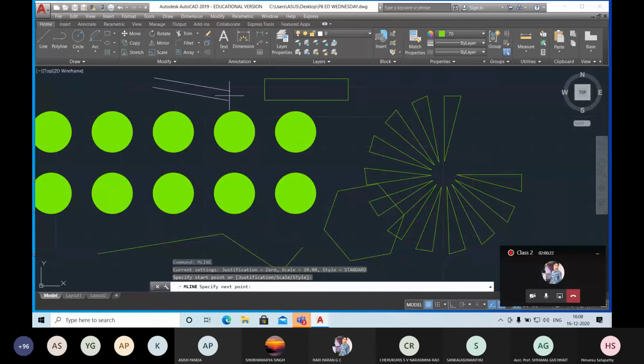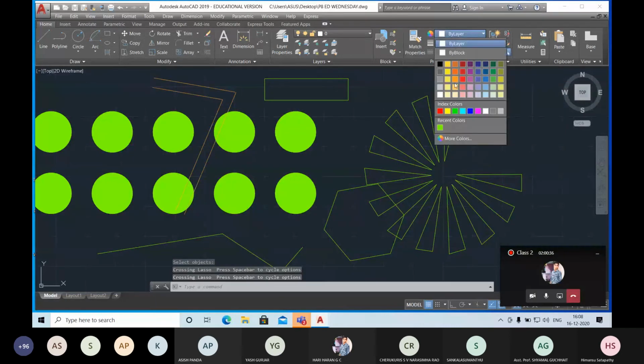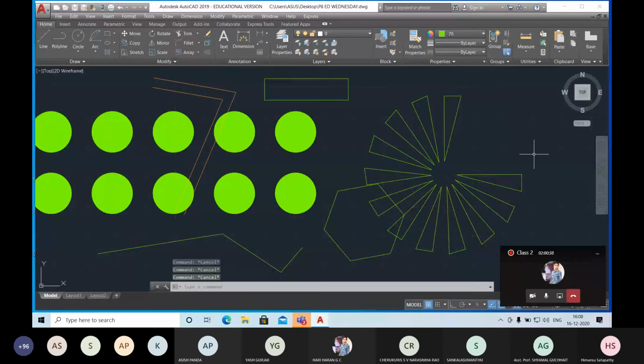You can see, if I want to edit a multi-line drawing, then I will go for the command explode, then select the multi-line and press enter. Now I can select all the drawings at a time, and I can change color by using this option. Okay, so these are your modify commands, and by using these commands we are going to practice and draw assignments in the next class. Any doubt regarding any command, then you can ask one by one.